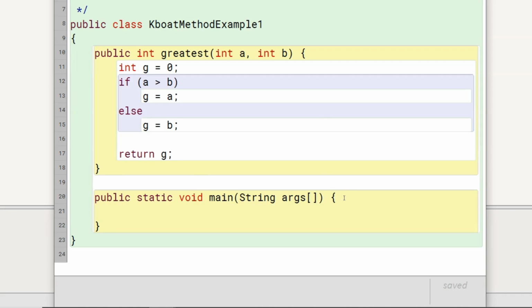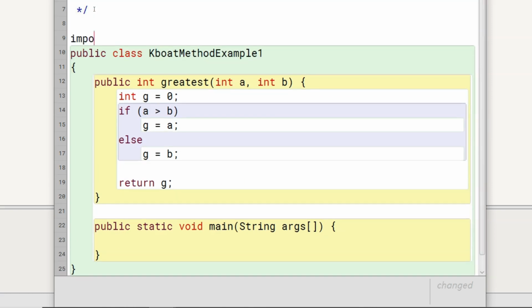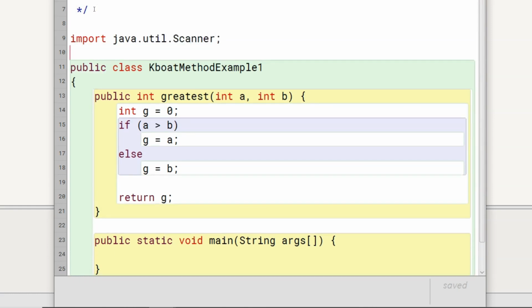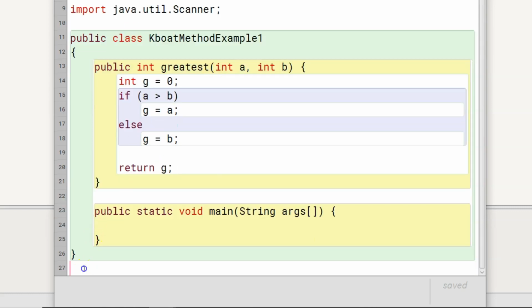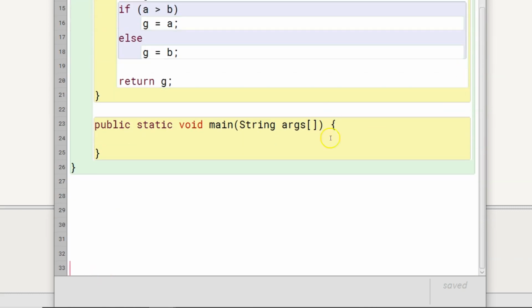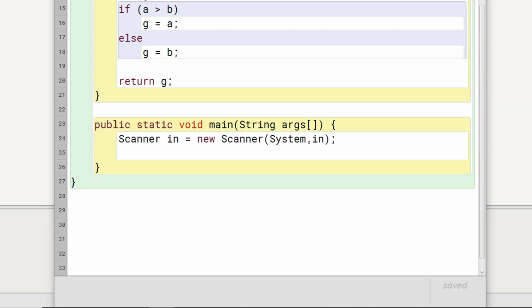For that, I will first import the Scanner class. Now, inside the main method, I will create an object of the Scanner class. After that, I will accept the two numbers.